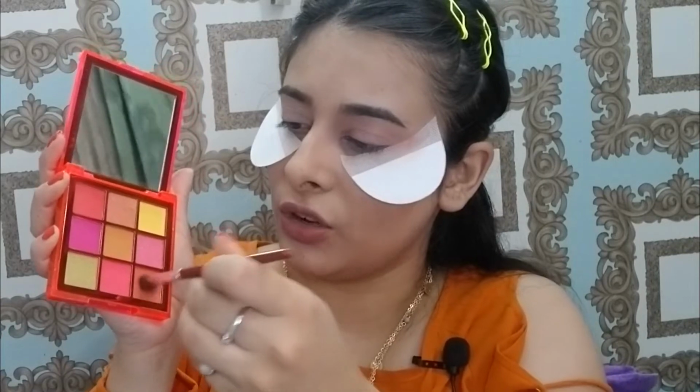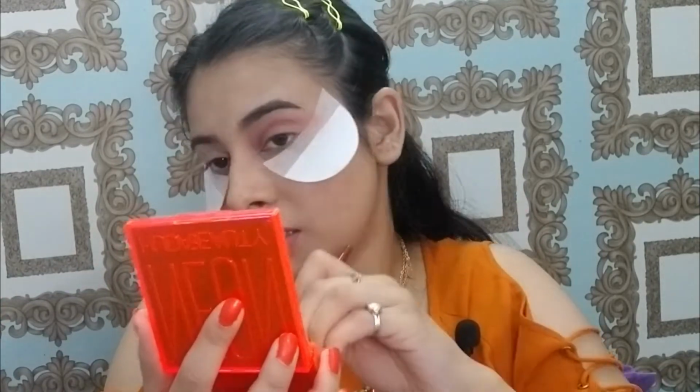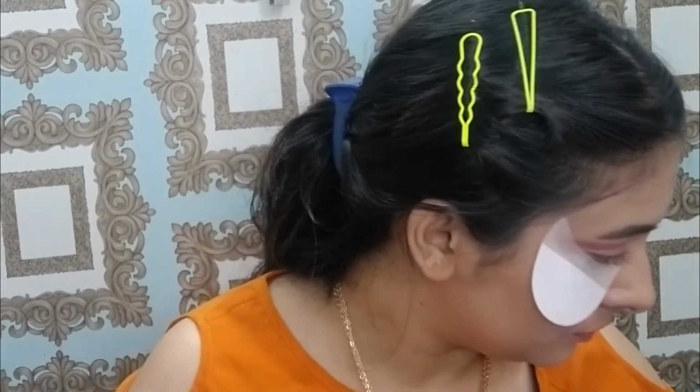I'm taking this particular orange. This is like a true orange. So let me take this. It is hella pigmented, guys. Okay,